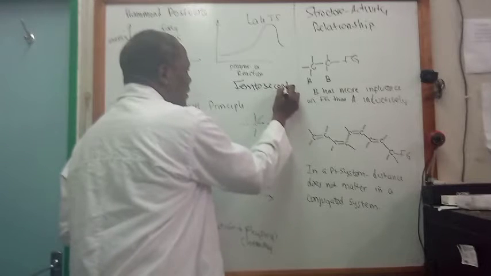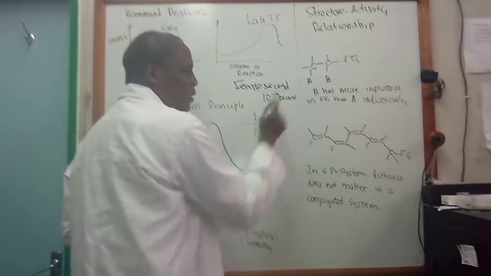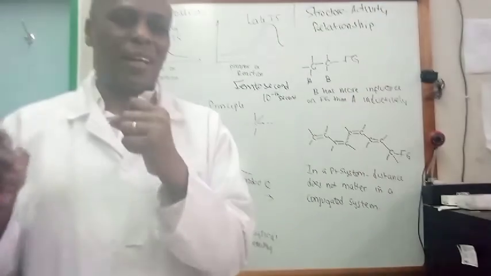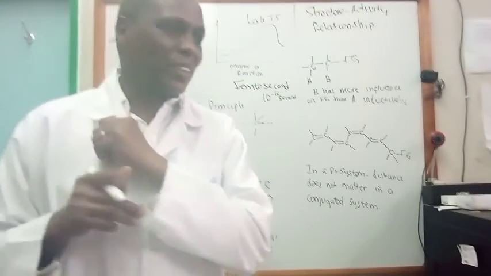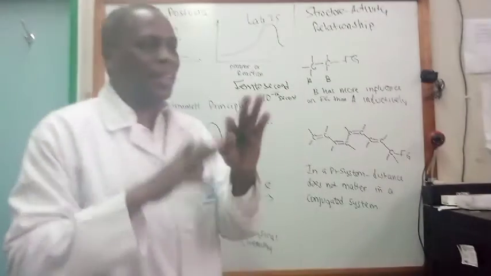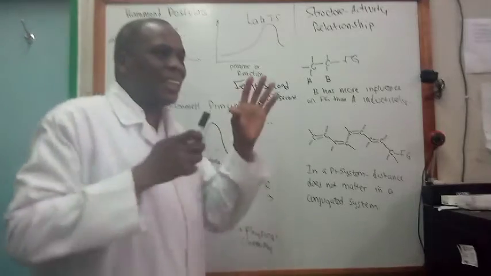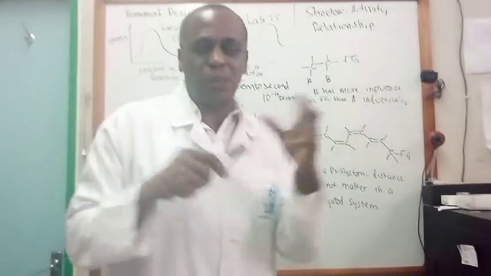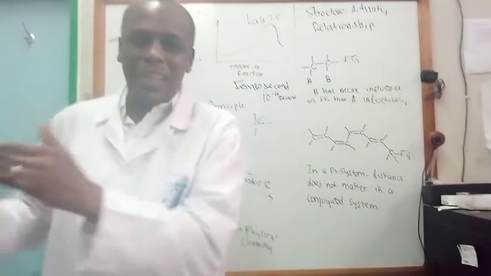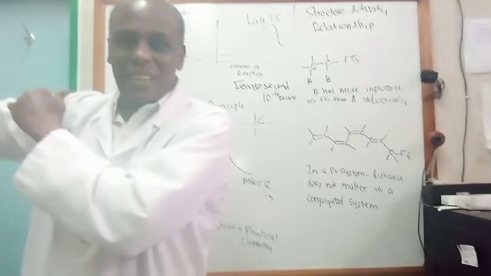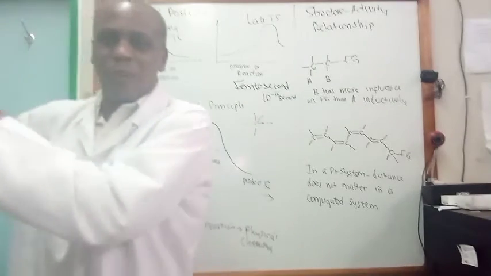femtosecond. That is 10 to the power minus 15 of a second. That's a very short period. So it's like making use of flashes of light, taking photos very fast. So you can see exactly what is happening in a combustion or something, like an explosion. You can see bit by bit what happens up to when there is the actual explosion. It's like a movie in which you can stop frame by frame.